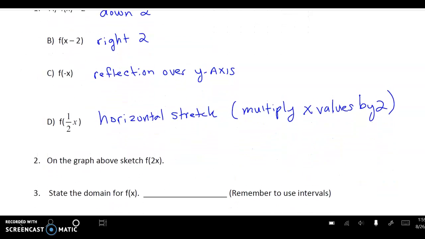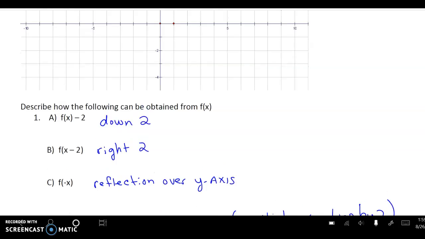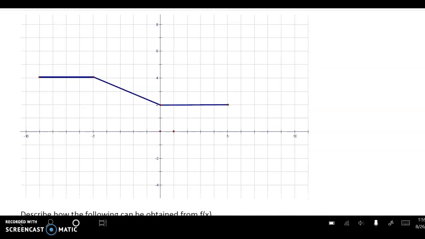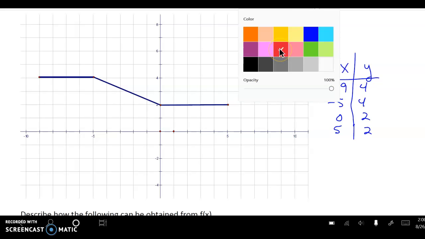Number 2, on the graph above, sketch f of 2x. So my suggestion for this is take the endpoints. You can kind of see the red dots. Make the chart like the video was talking about. These key points are -9, 4, -5, 4, 0, 2, and 5, 2. And change the